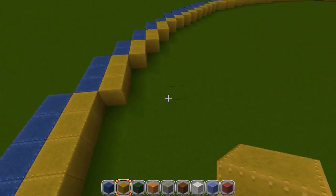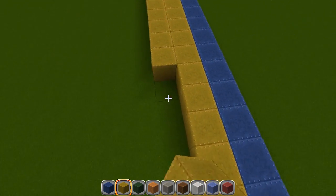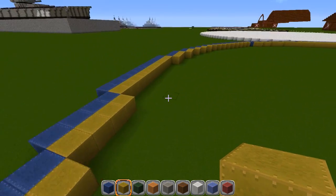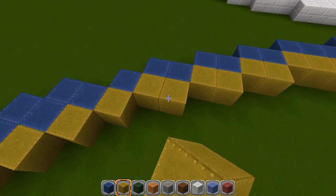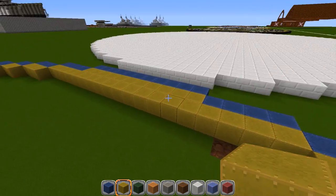There's 2, there's 3. And over here is 4. And it looks like I'm missing a block over there. And am I missing a block? Boom, just like that. All right, now we're going to always start on this side, and we're going to work